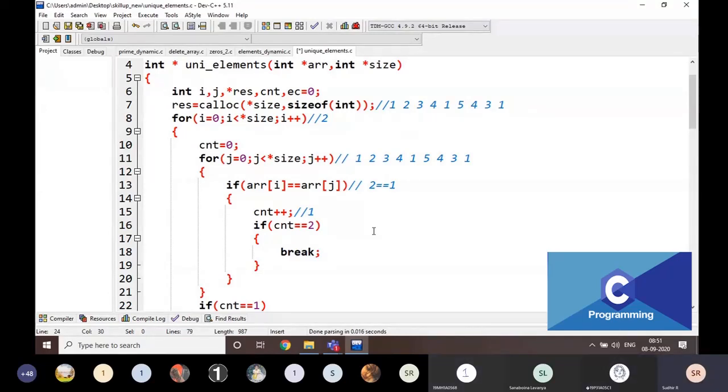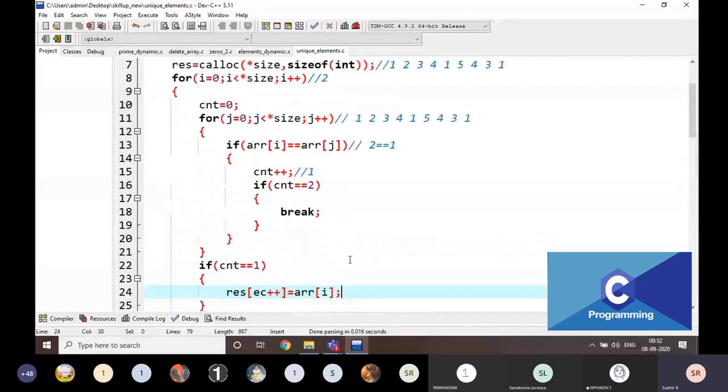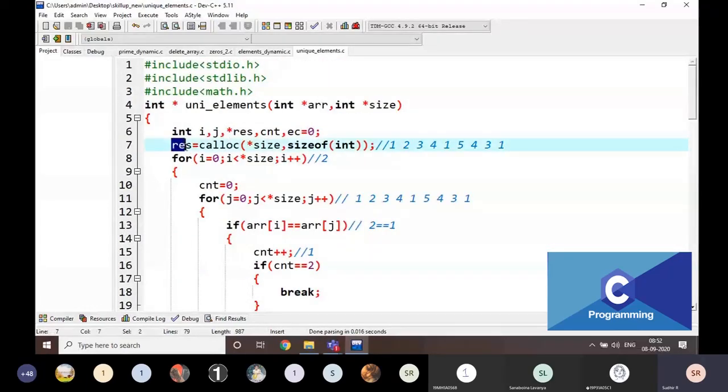Yes, sir. Yes. Note down the main function. The main function is very similar to the previous one. We can write these two programs using realloc also. Why? Because here I am writing initially what is the size of the list. I am directly assigning that one. There is no need to write it directly.